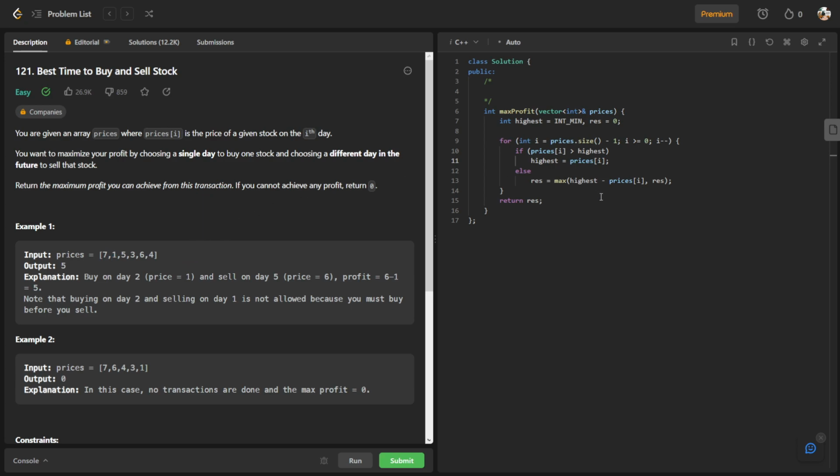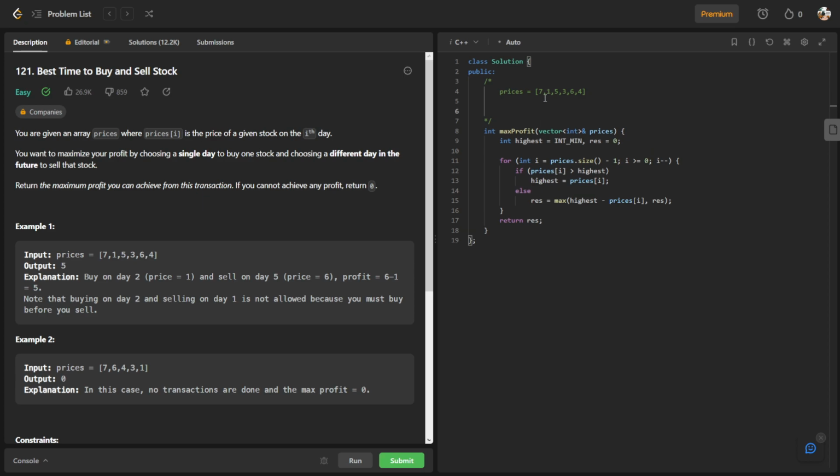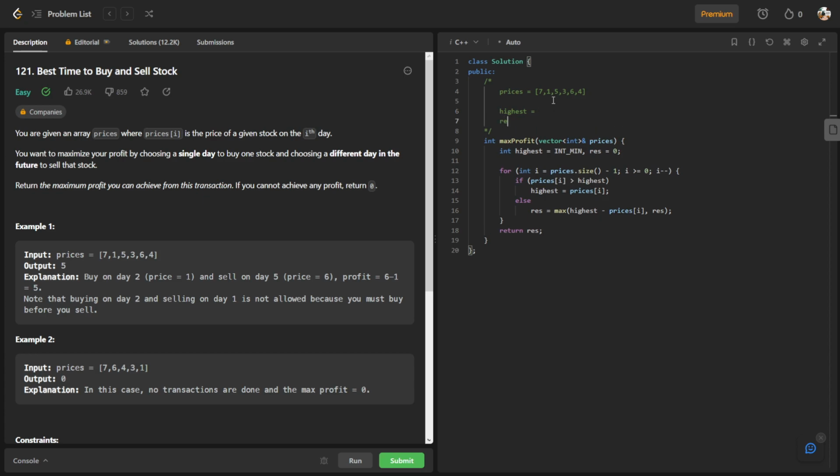Okay, to solve this problem, it's pretty simple. Basically, what I did was iterate through the array from the back. Let's say I have this example here, and let's keep track of our highest. Our highest price is 0. By iterating from the back, we can use the highest number minus